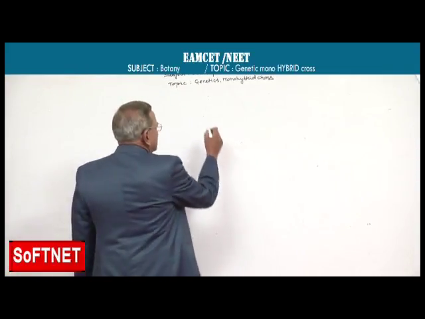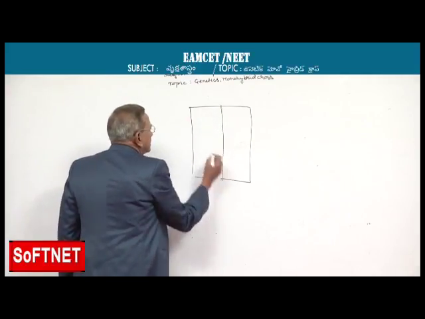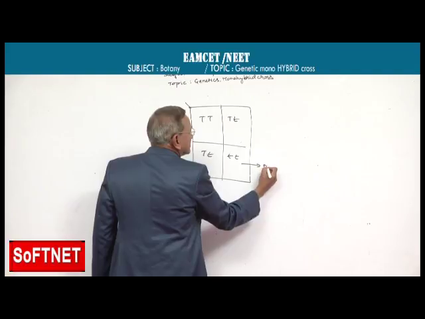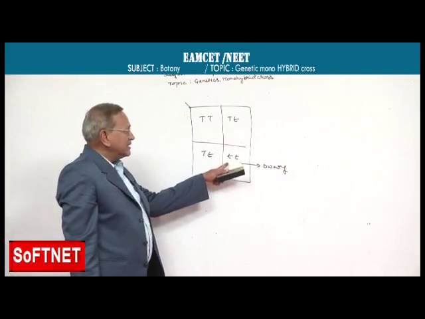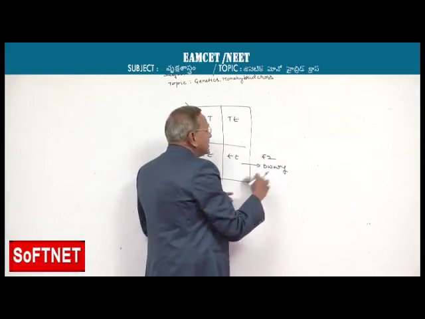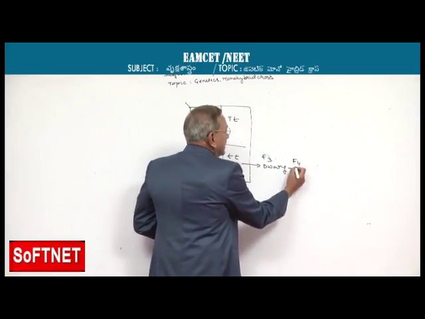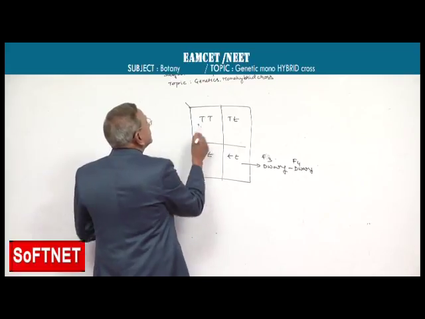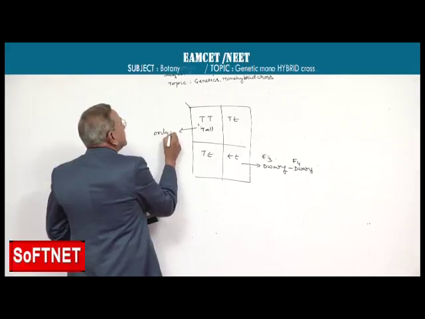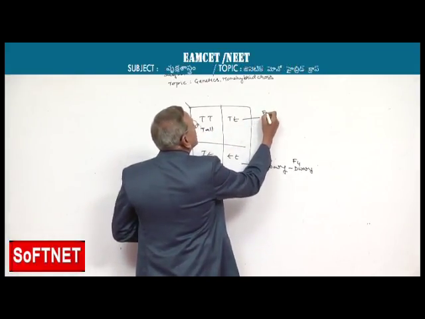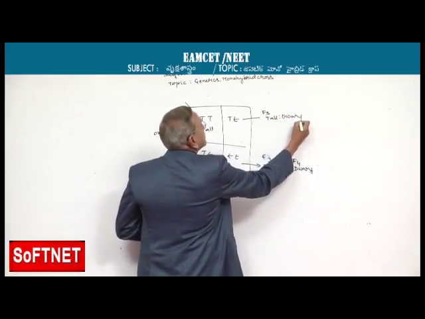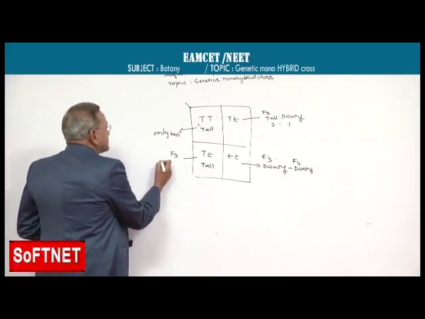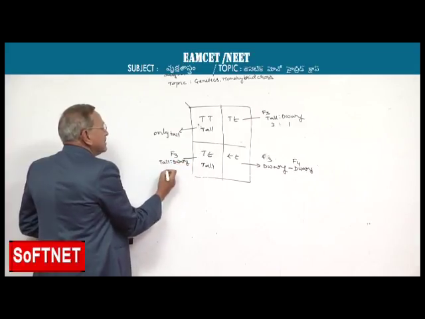Mendel observed that in the F2 progeny, dwarf plants always produce dwarf plants. So when the F2 dwarf progeny is selfed, F3 were also dwarf, F4 were also dwarf. So for any number of generations, the progeny was dwarf only. Whereas this kind of tall plant produced only tall, whereas this F3 progeny produced tall is to dwarf in the ratio 3:1. This tall, when selfed, again produced tall is to dwarf in 3:1 ratio in F3 and